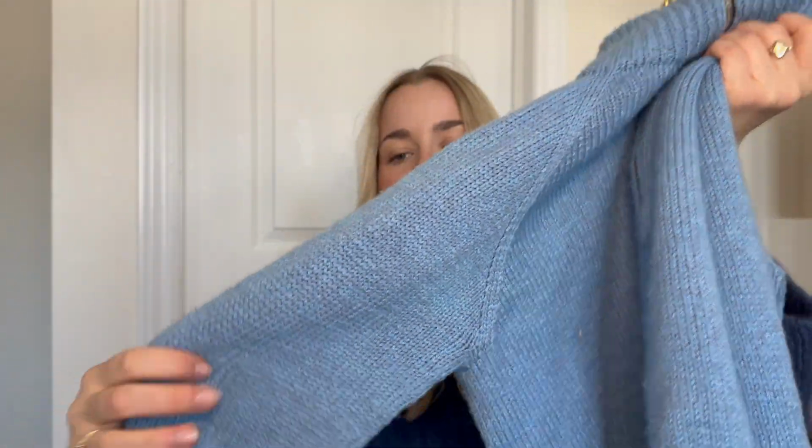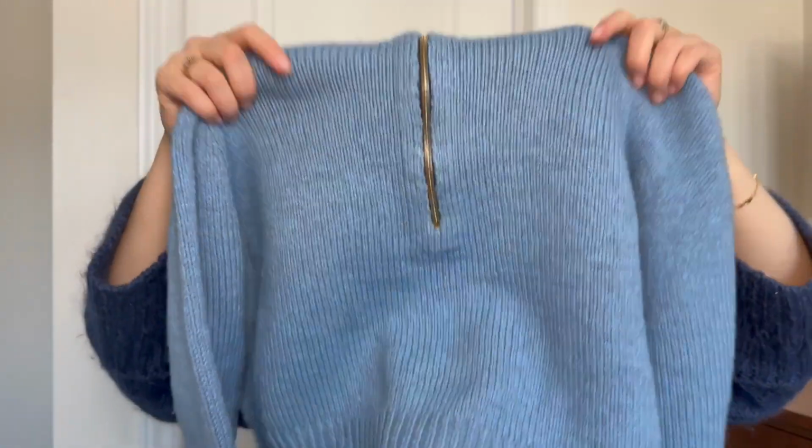So this is how it turned out. The fabric is nice and drapey because of the silk content, but I think because of the wool content as well, the neck still manages to stay up. I was a little worried about it flopping because of the silk content in the yarn, but that's not the case. I believe the zipper sweater light pattern just calls for regular 1x1 rib on all the edges,